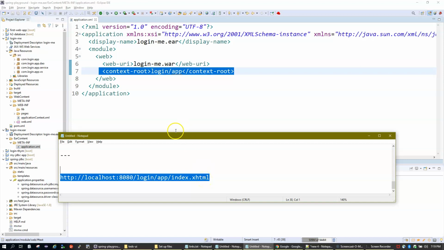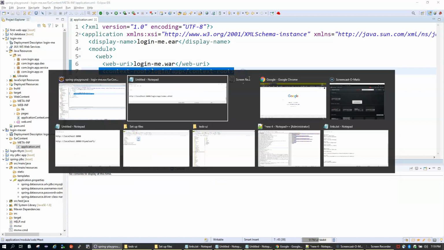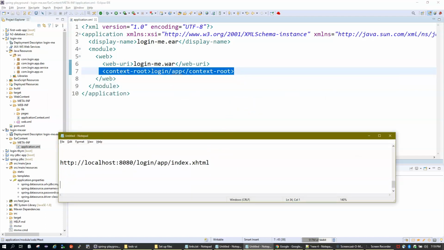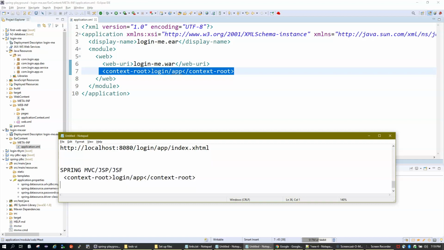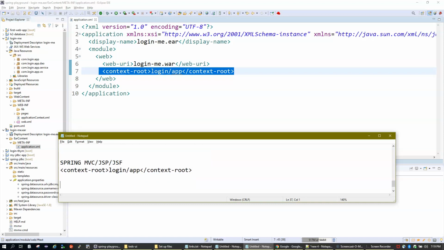Now, this is the way you define your context root. Basically, you define a context root tag in your MVC, for example if you're working on a Spring MVC application or a JSF based web application, then you define a tag attribute context-root. So this is one way of doing it in a regular application.